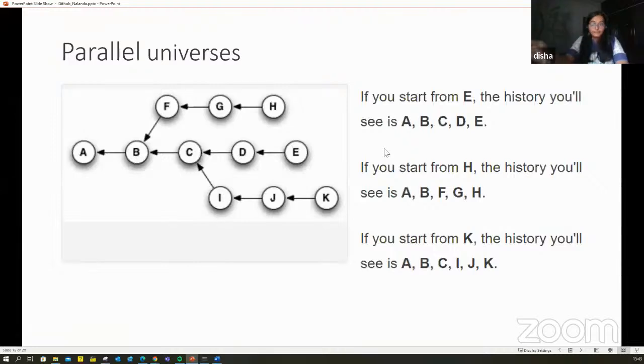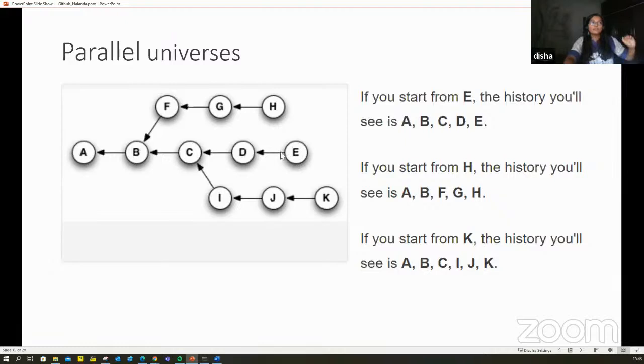Then there is this kind of graph as well. I have named it parallel universes. To read this graph, the way I have put it here is, if I am at node E, these are nodes, these are edges, I can go back in time, or space, whatever your problem definition is.